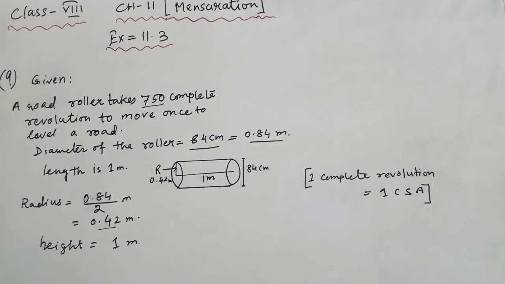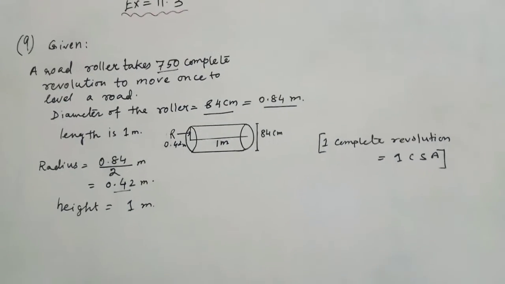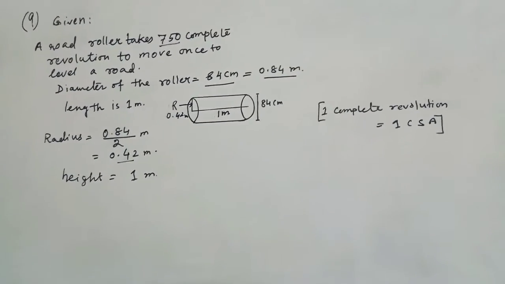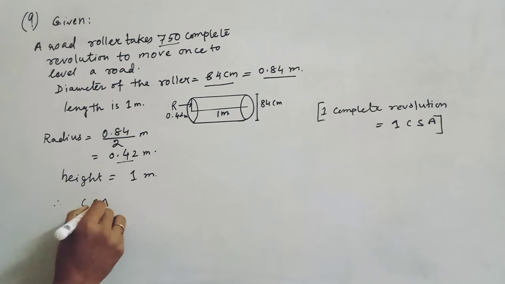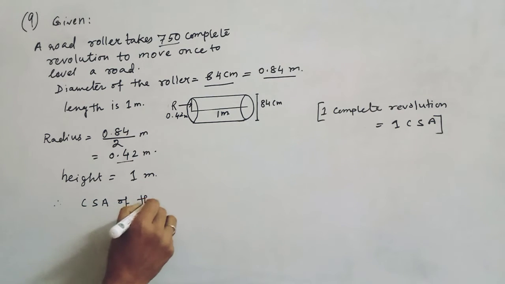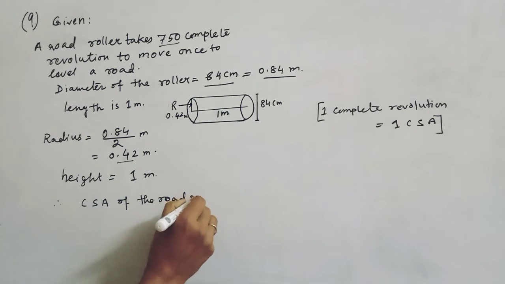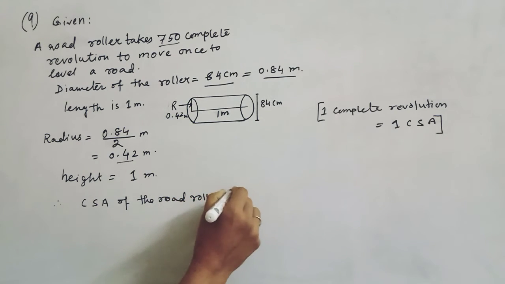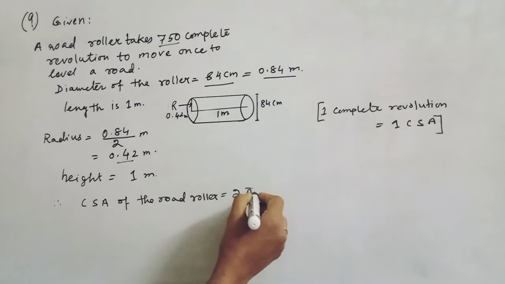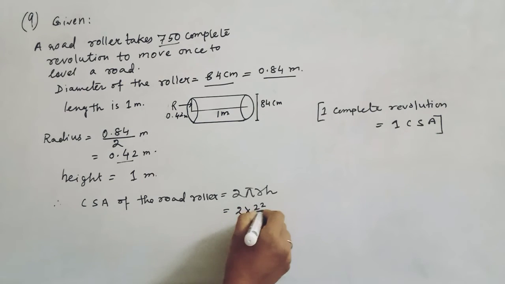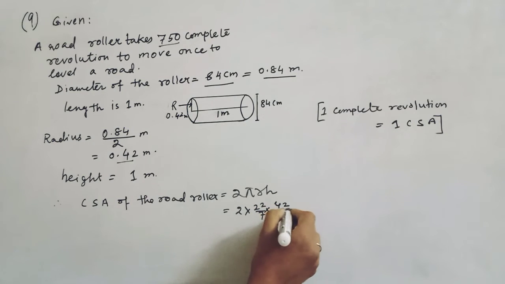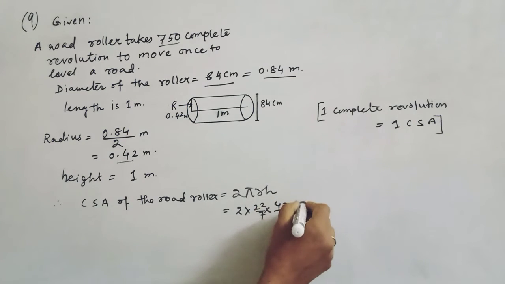Therefore CSA of the road roller is equal to 2 pi RH, because it is a cylindrical shape. Now 2 into 22 by 7 into radius 0.42, that means 42 by 100, into height 1,